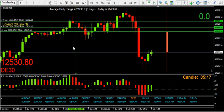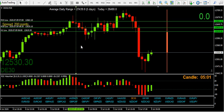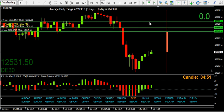The point I'm trying to make is that you're asking me whether I enter on the 1 minute. Sometimes I do, sometimes I don't. You've got to learn how that 1 minute candle works. You're not qualified to jump in on trades at this stage, guys, and I don't mean that in a condescending way. Anyone new to this method needs to draw your levels and watch how price reacts to them and learn it, and only then